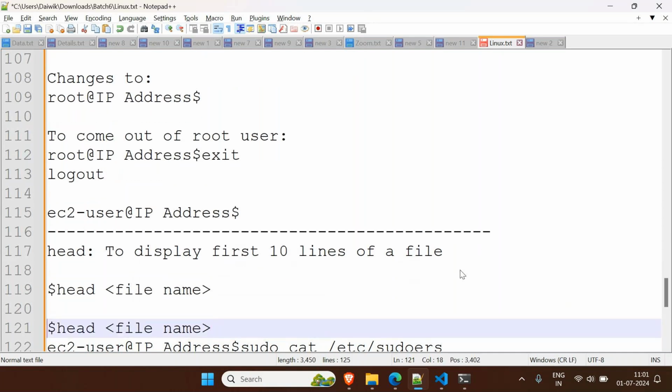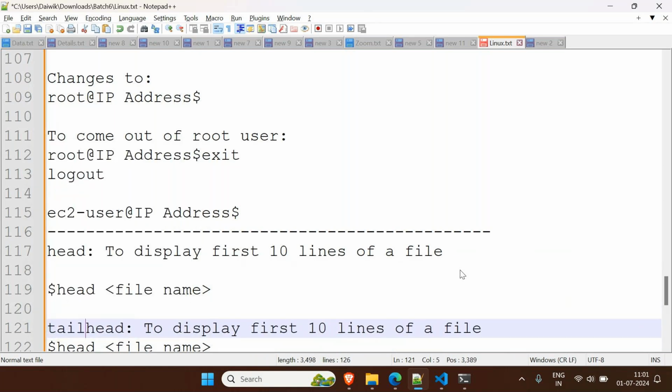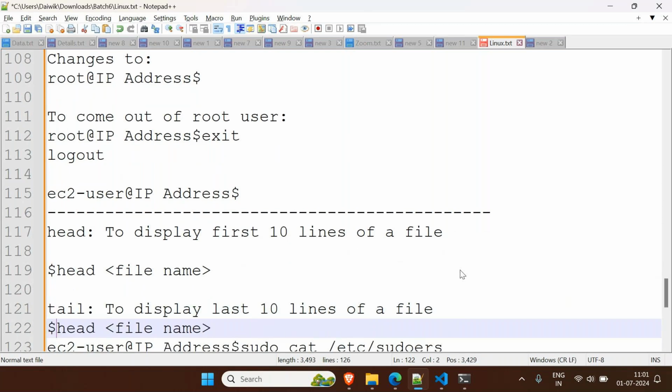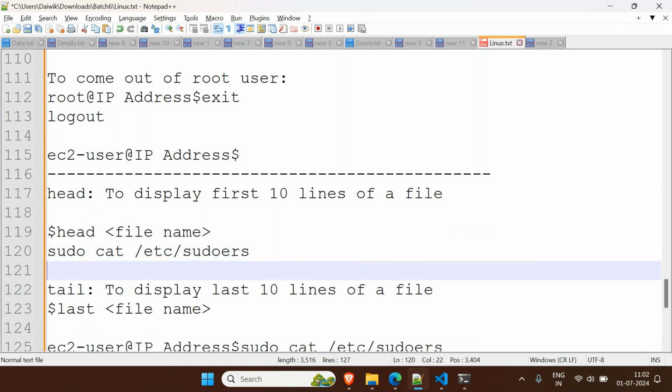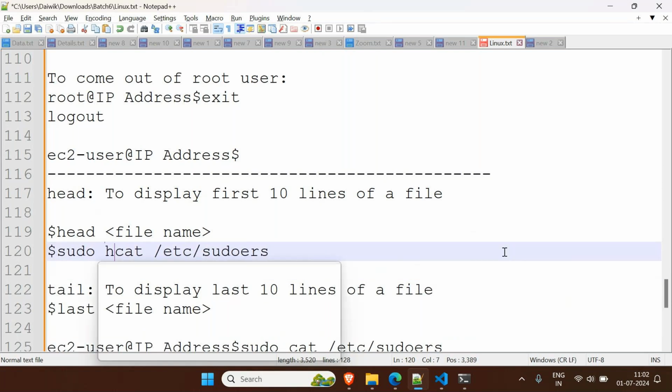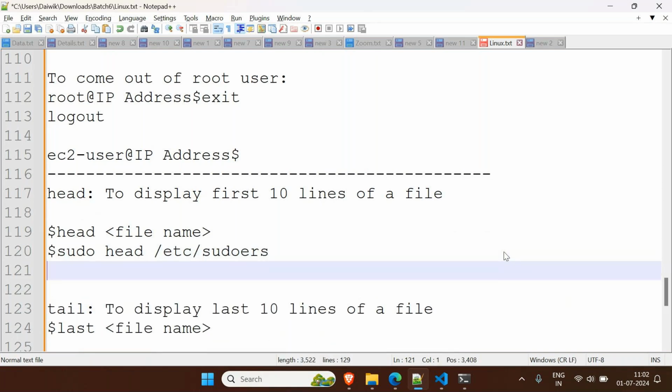Similarly, tail displays the last lines of a file, where you use the file name. Try this. Similarly, if you say hyphen n and 20